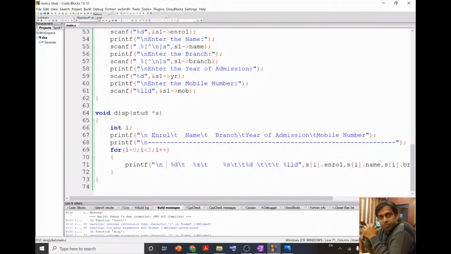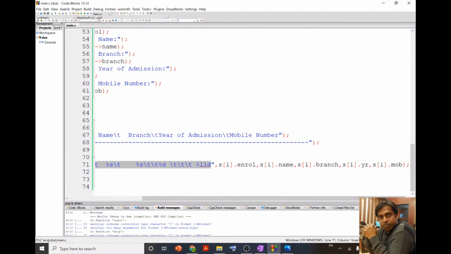To display it, I just use this \t, it is to put one tab space between the two elements. So I put this type of arrangement so that the information of the two students will be displayed in a table form. Okay, and to display the information, like to display the enrollment number, I use I.enroll.